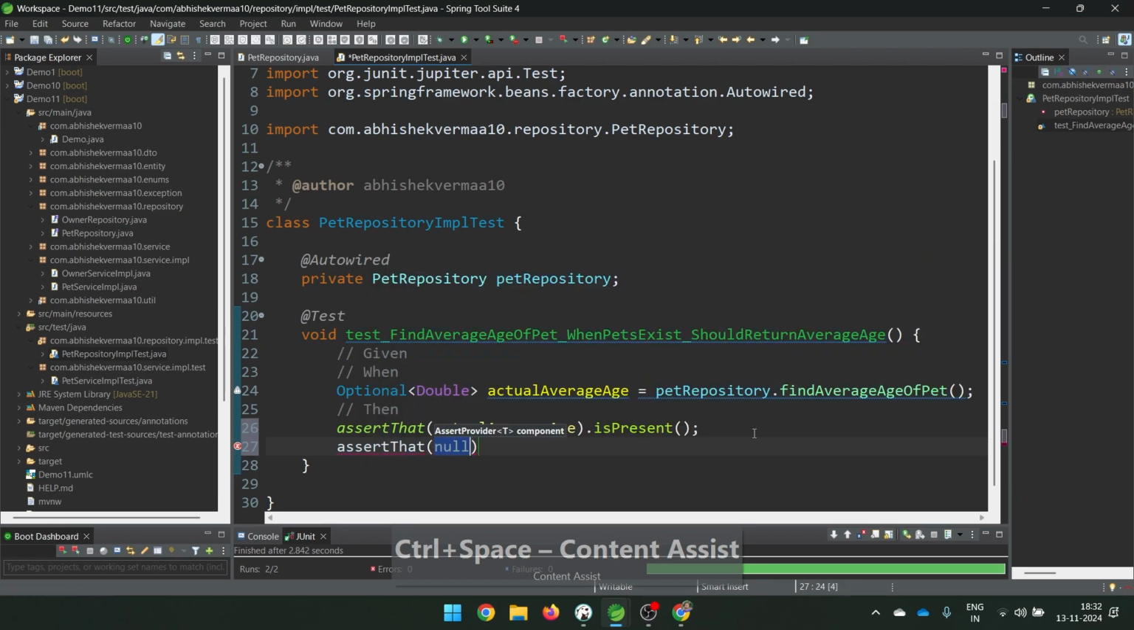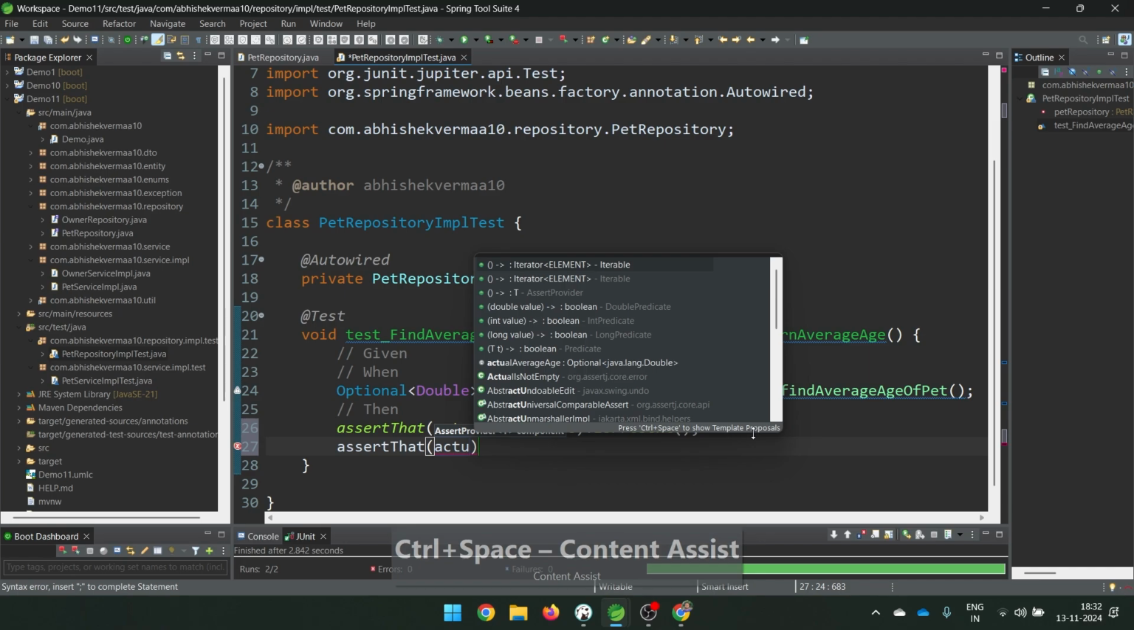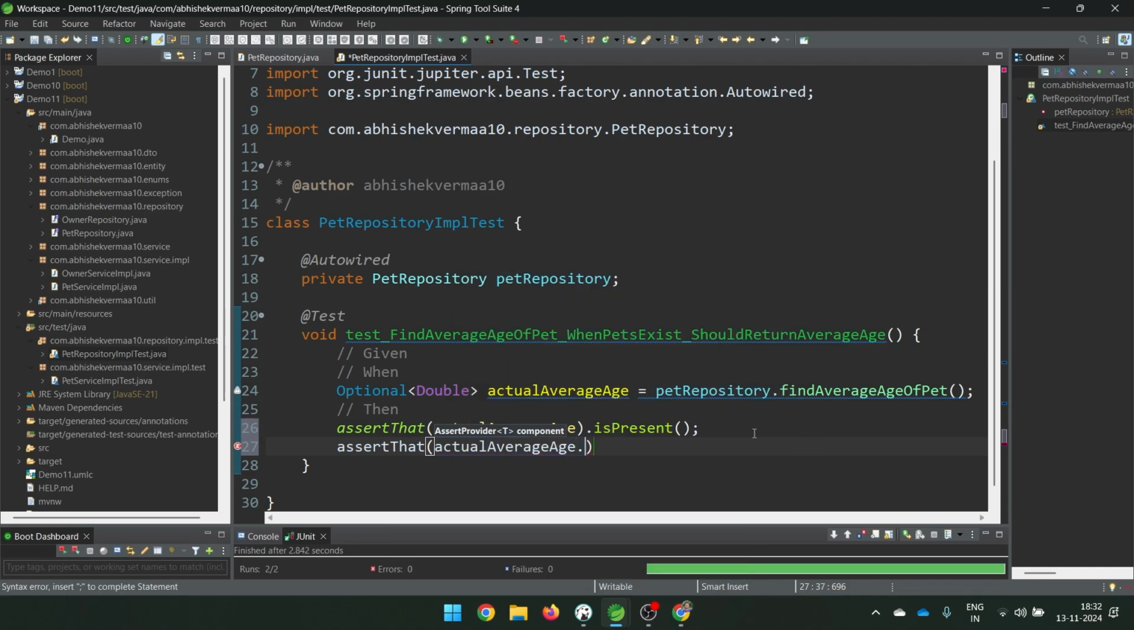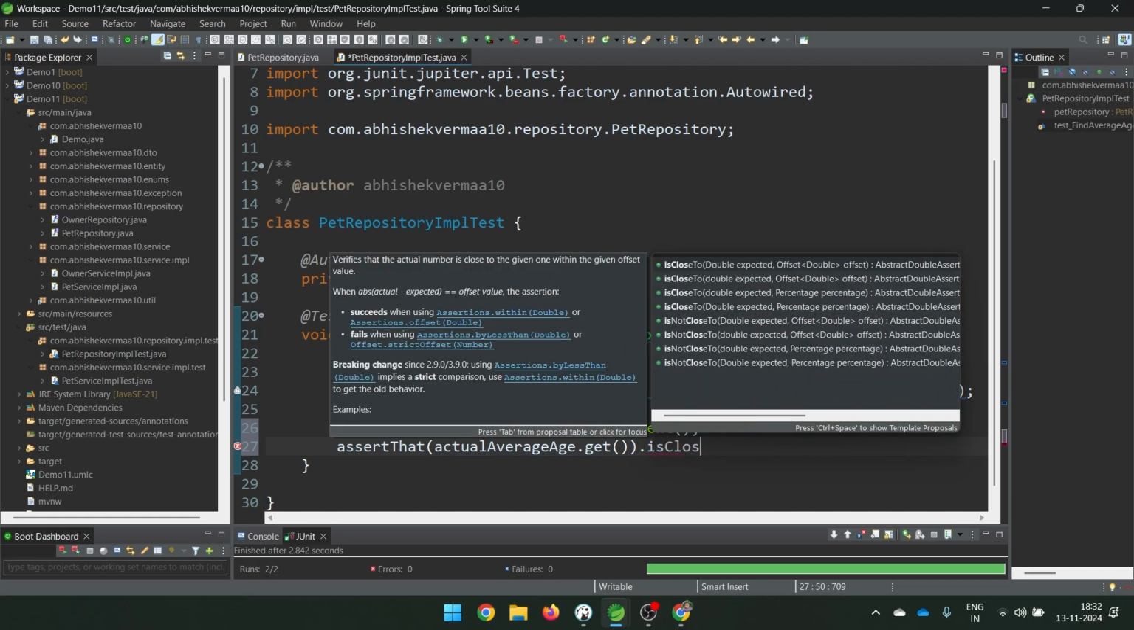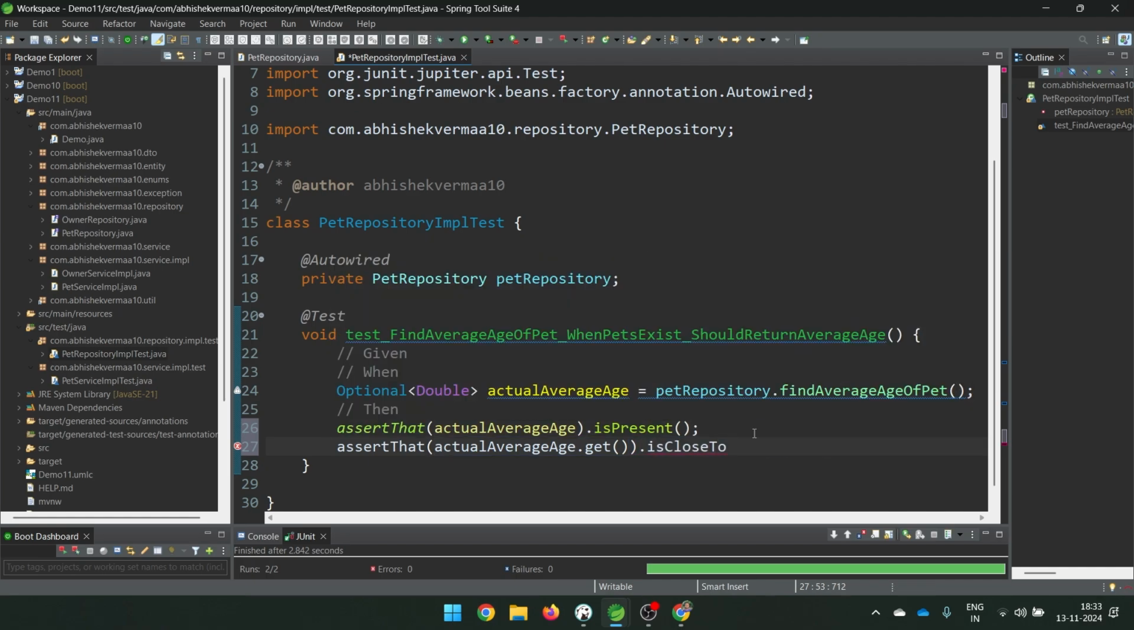So again we will say here assert that, and this time let's do the same thing, actual average age, and now let's say here get something in this particular way. Now this is going to be your double value. So whenever you are testing a double value, you can't simply say equals. That is not going to work. Instead you should always say is close to,